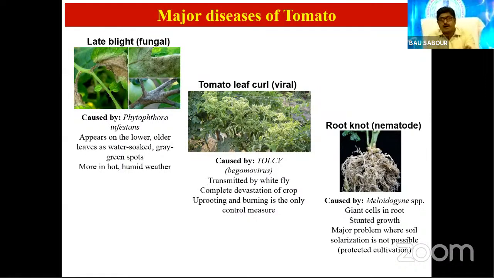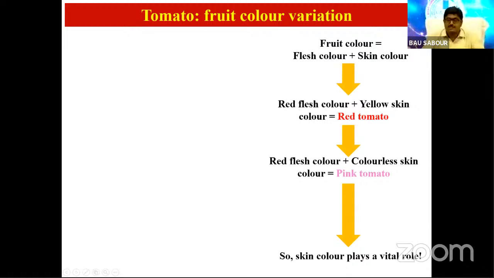So until and unless you have very good molecular markers that can actually predict that this line is going to give you resistance and this line is going to give you susceptibility, breeding for multiple diseases is really very, very challenging in the case of a crop like tomato, which is affected by diverse types of pathogens: fungal, viral, nematodes, etc. So I will explain the fruit color variation also, which is a very determining factor for